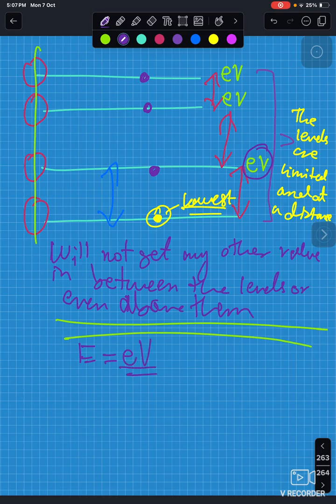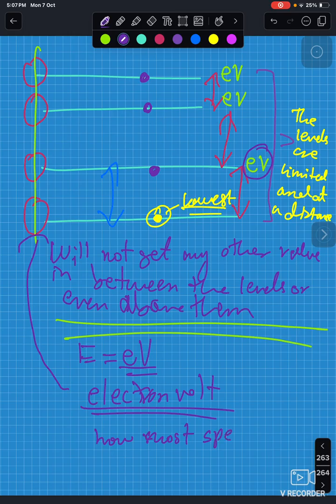This is nothing but electron volt. The unit is electron volt. This is how most spectra present